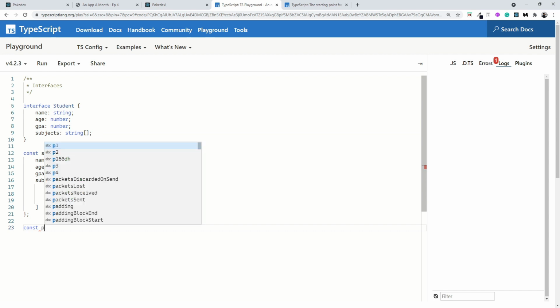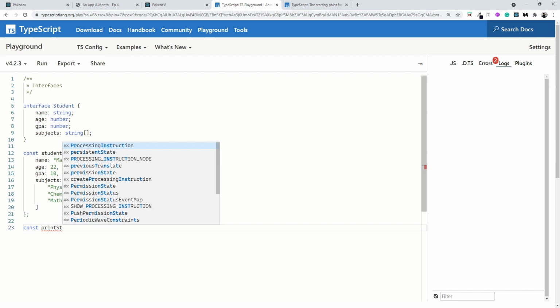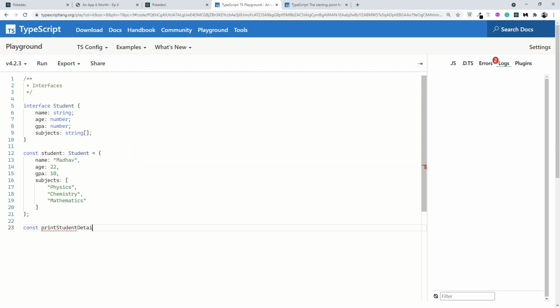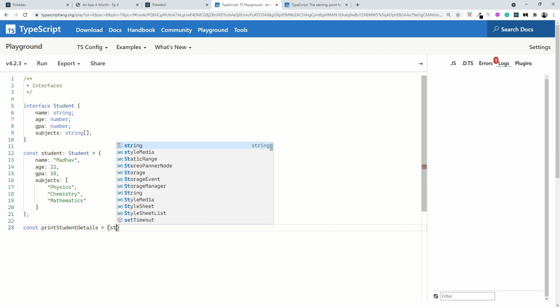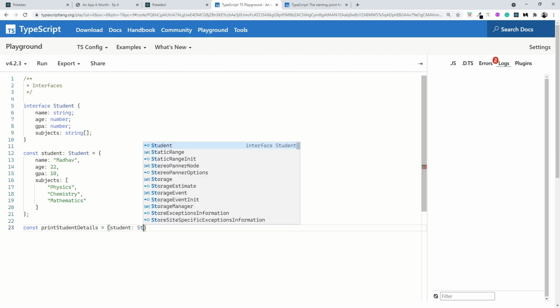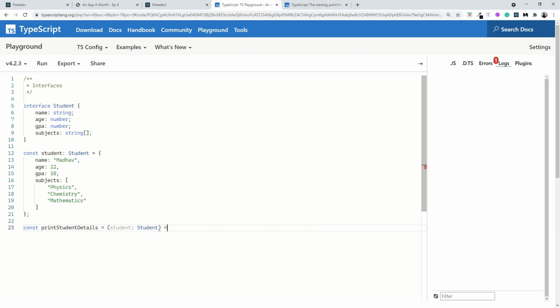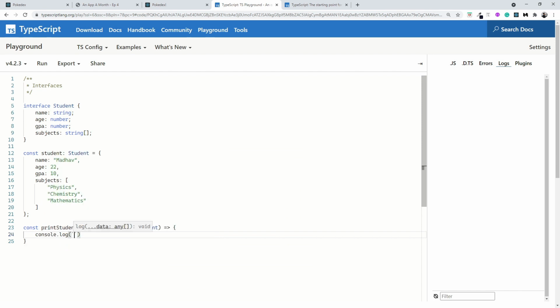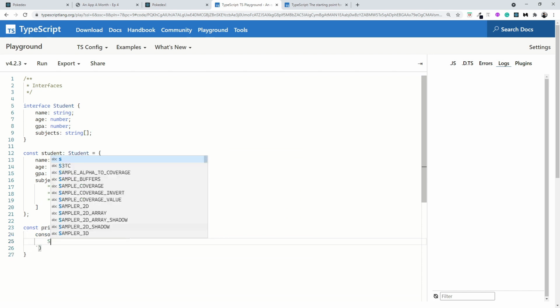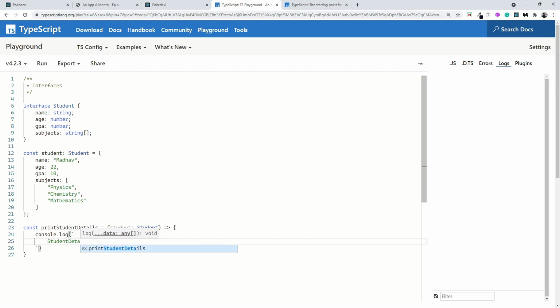And let's create a simple function. Print student details equal to student. My spelling mistakes are increasing day by day, but never mind. Student, and let's create a log statement, console.log. Let's keep it a multi-line log saying student details,